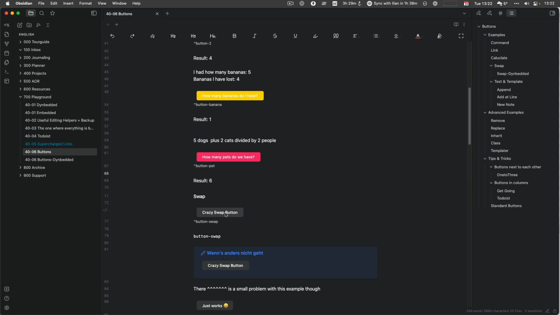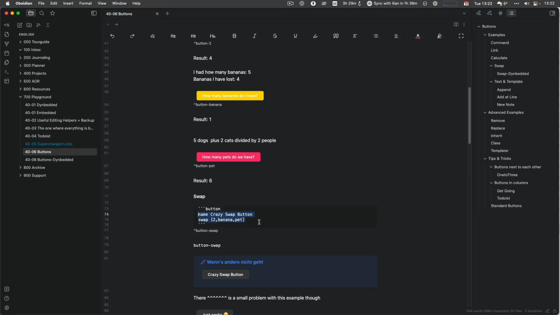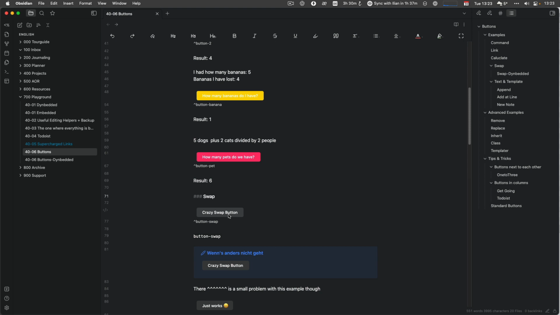And then there's the swap button, the crazy swap button from the example from the webpage. So what you define there is that you have buttons with button IDs, right? Button _-2, button banana, button pet. And then you use the button ID, but only the part after the dash inside of the array. And now when you click, the button will cycle through these 3 different buttons. If you do it that way, it says swap args only available in inline buttons. So you have to have the button swap, and then you have to have an inline button, which is the one with the